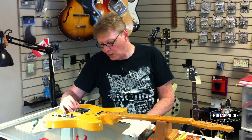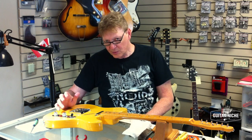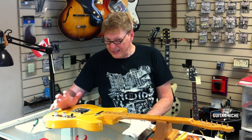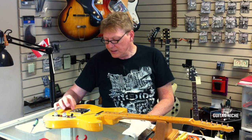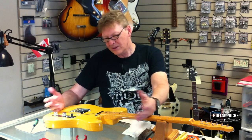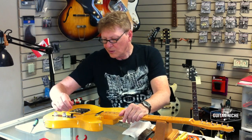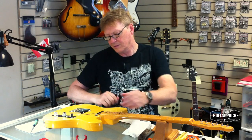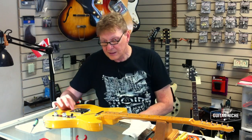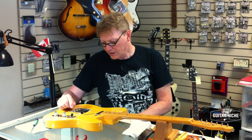the customer hasn't requested it, but what I will do once in a while, after a discussion with the owner, is if they want it really finely intonated, I'll replace these screws with other screws, like this particular instrument being a 52 reissue and all that. The owner of this instrument wants to keep it integral, wants to keep it original, etc., etc. So we're going to honor that. That's all good. But anyway, with respect to these intonation length screws, I would replace them with another screw, and